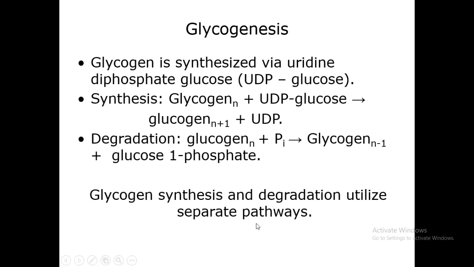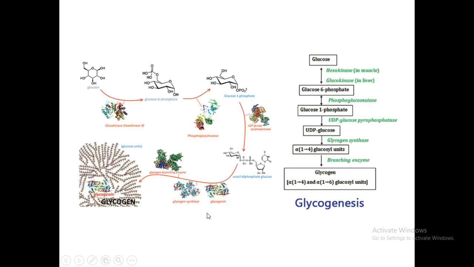Okay, so this is done primarily in the liver and in the muscles. Remember, glycogen synthesis and degradation utilize separate pathways. We have already discussed glycogenolysis. So glycogenesis and glycogenolysis are different pathways. Okay, so this is an illustration that summarizes